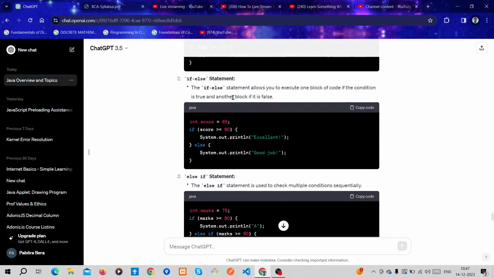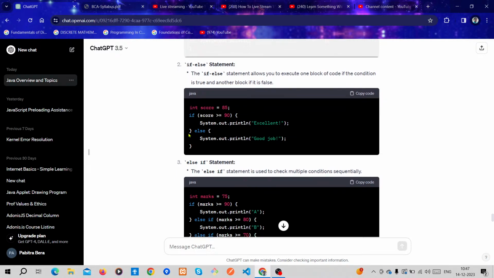Then the if else statement. What is the if else statement? The if else statement allows you to execute one block of code if the condition is true and another block if it is false. For example, int score is equal to 85, then check whether score is greater than or equal to 90.